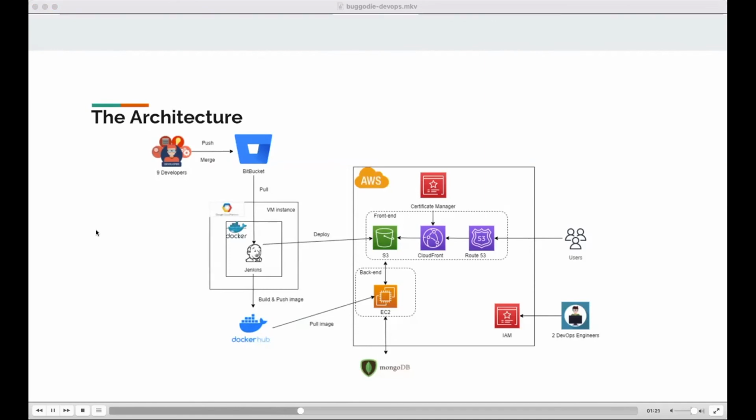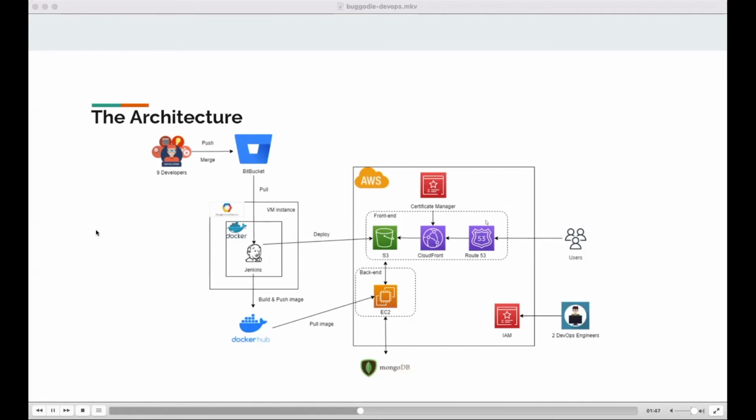To avoid accidents, we have 2 environments. One is production and another one is UAT. Each one has its own Jenkins server and web server. In terms of the Jenkins server, we built it on the GCP. The Jenkins is containerized by Docker on a GCP VM instance. For the front end,